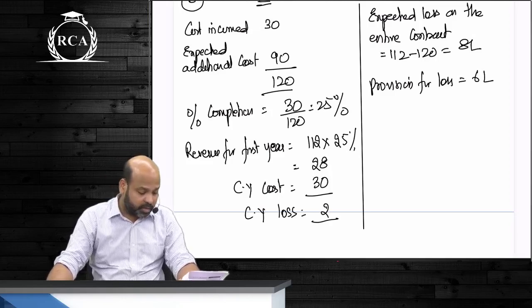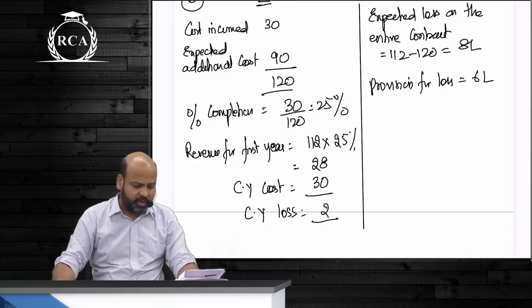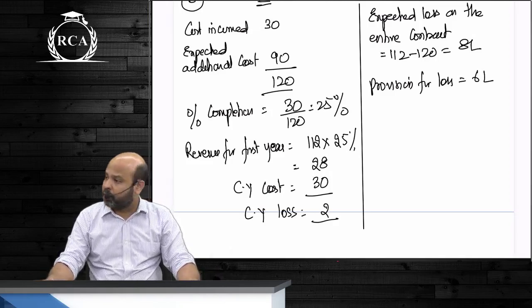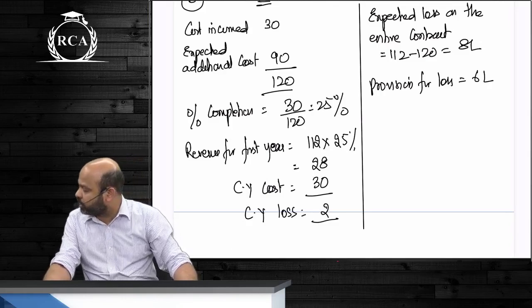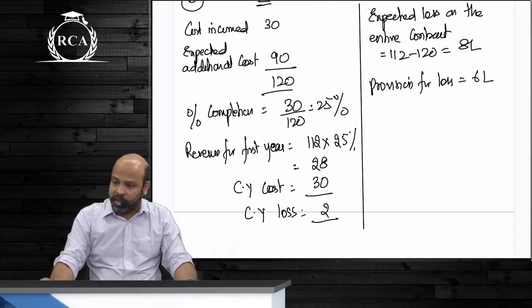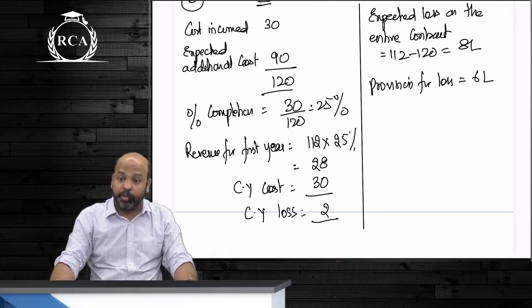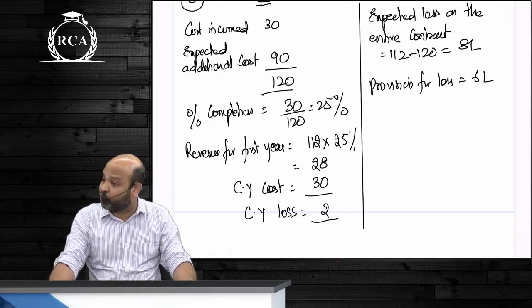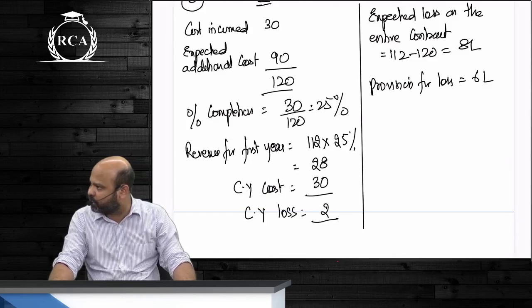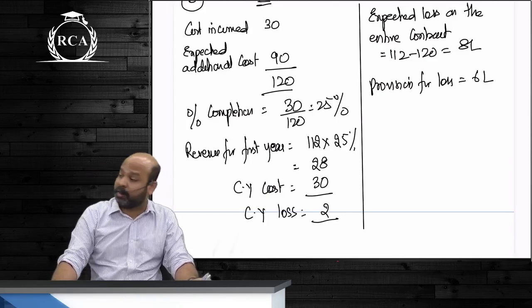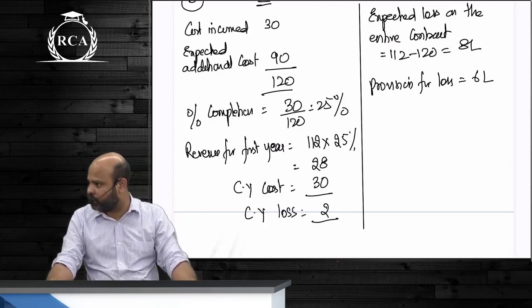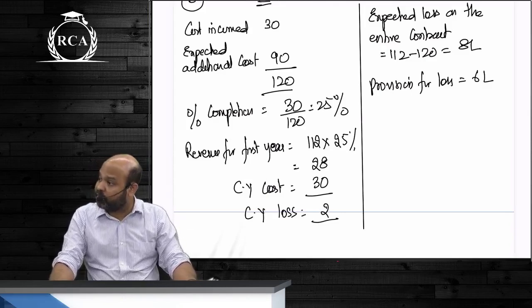Then, guys, total expense to be recognized in year 1. Total expenditure, guys, will be 36. How 36? 30 lakhs is expenditure, plus we will also book a provision for loss of 6 lakhs. So the total expenditure that we are actually debiting, beta, is 36 lakhs. Don't forget this: net loss for the year will be 8 lakhs, but provision for loss is 6 lakhs.